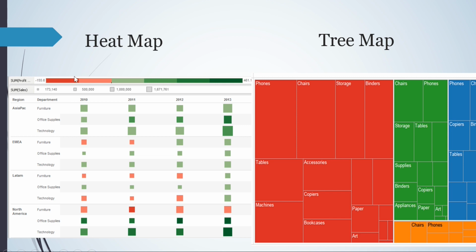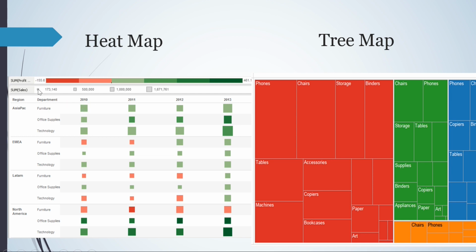So see here, profit is described by color: dark green means more profit and dark red means very less profit. So this is the color coding for profit. Next, sales. Sales is described by the size of the boxes.